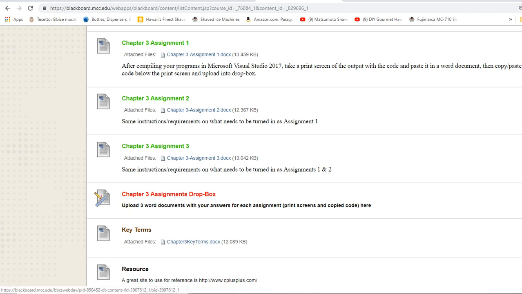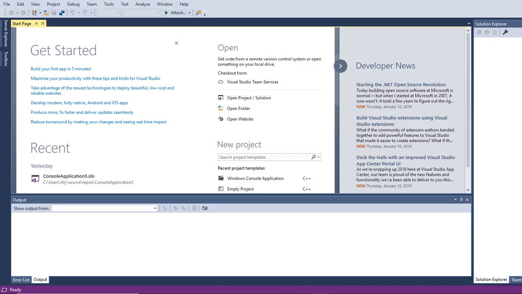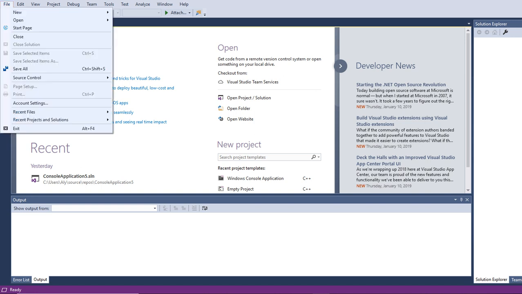I have the key terms also available for you, and a resource, cplusplus.com, a fantastic resource for references, code samples, etc. that you can utilize. If you look at the code, it's very basic, very simple. Just a quick refresher if you don't remember how to turn in your work.